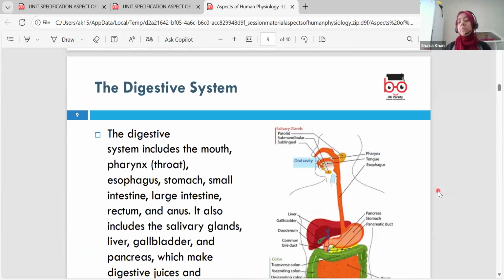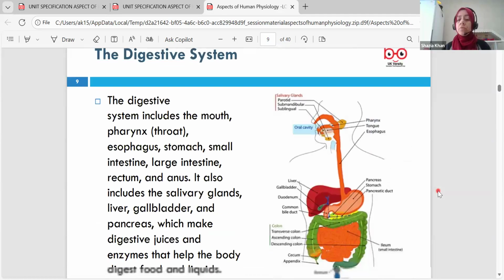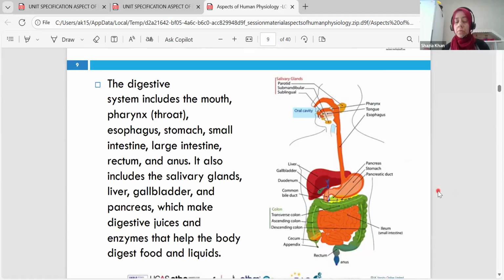The digestive system, obviously, its function is to assist in digestion, to support digestion. What is digestion? It breaks down your food, the nutrients that you have. It's made up of the mouth, the pharynx or the throat, the esophagus, the stomach, small intestine, large intestine, the rectum, and the anus. You also have the salivary glands within your oral cavity, within your mouth, the liver, the gallbladder,